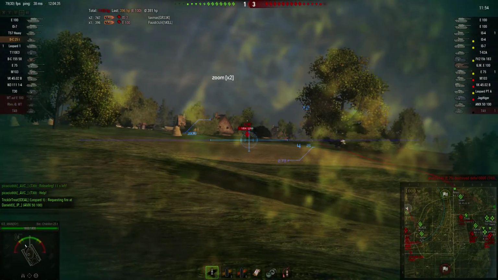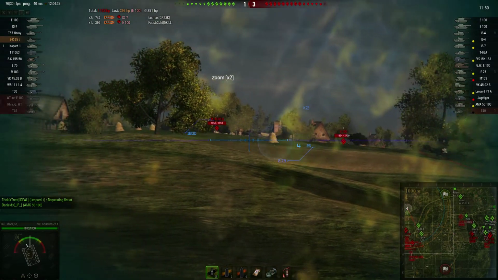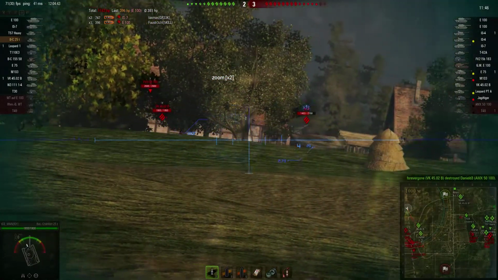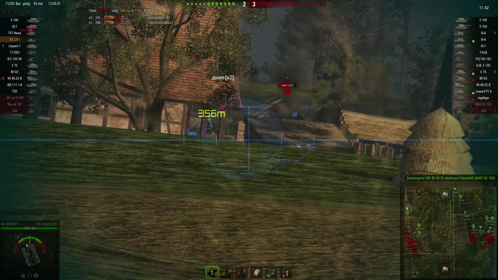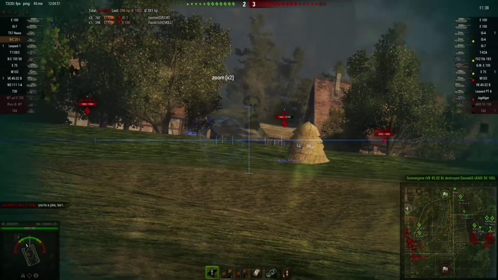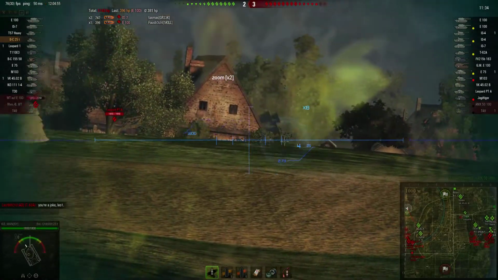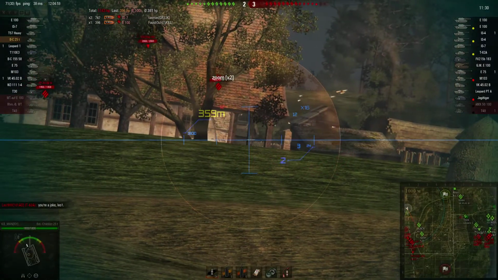AMX 100-5100 on the eastern side trying to flank. That's probably not going to end well. Nope. Come on, E75. You know you want to pull out from that house. Apparently you don't. What have we got here? E100. So at the moment this E75...